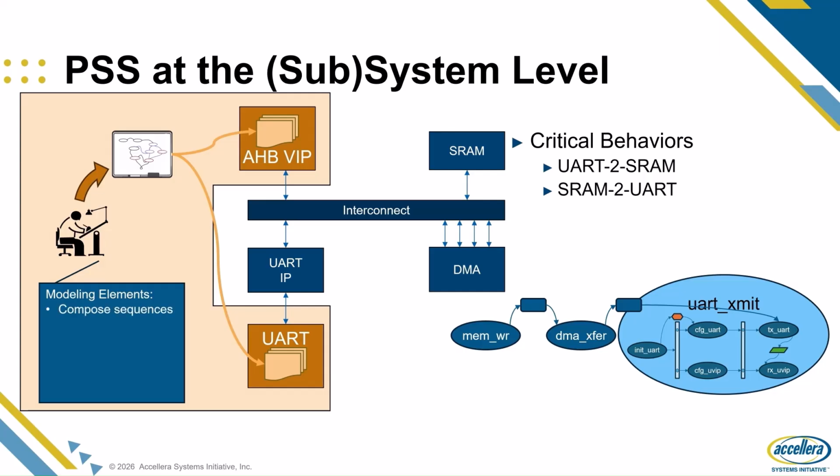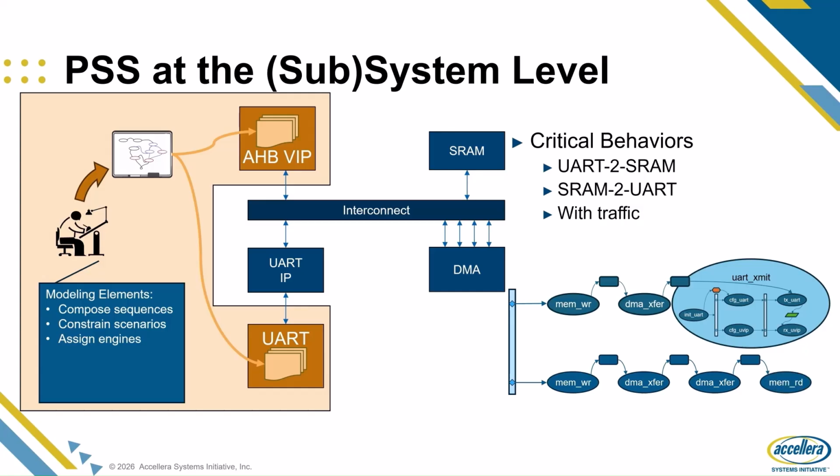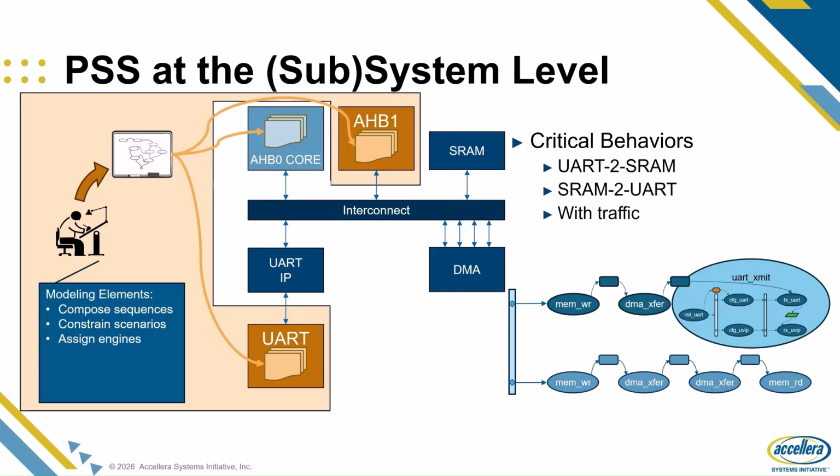So we can compose the sequences and we can constrain these scenarios. So if, for example, our UART can only transmit 64 bytes at a time, then we have to pass that constraint to the DMA transfer so that we only do 64 bytes. We also need to be able to assign which engines in the environment are going to actually do these different operations. And we can have additional engines as well. We might add to the scenario some background traffic, for example, of other things going on. As we move towards implementation, what was originally a BFM in the verification environment may eventually become an actual piece of the design,